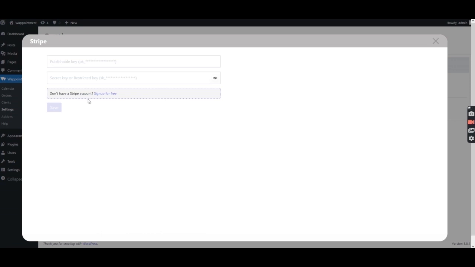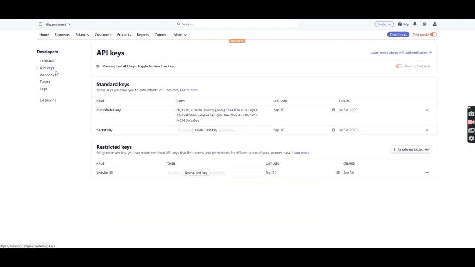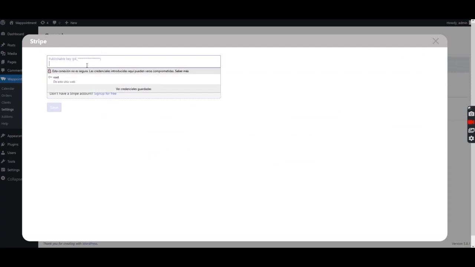Those keys are keys we're going to get as a Stripe user. So basically, if you don't have an account yet, you need to click here and sign up for free. That's a fairly straightforward process. And once you're done, you'll get to that page. So that's the dashboard. From the dashboard, you need to head to developers, then API keys, and here we have the first key that is a publishable key. So we're going to get it and paste it in,